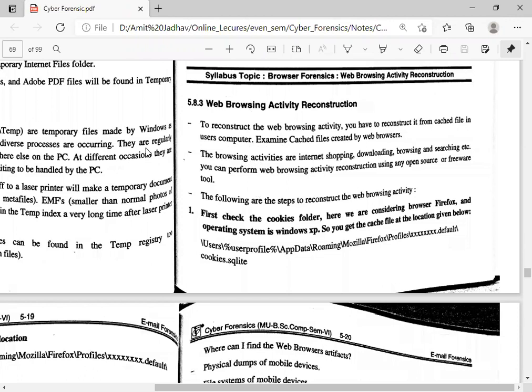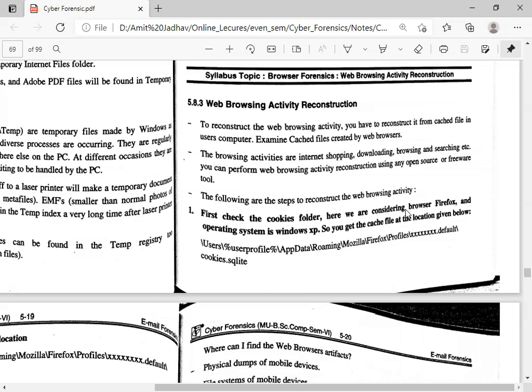The browser activities are internet shopping, downloading, browsing and searching, etc. You can perform web browsing activity reconstruction using any open source or freeware tool. So we can get all the data on what the user performs on a web browser by using the different software available, which gives all the information regarding the web browser activities.